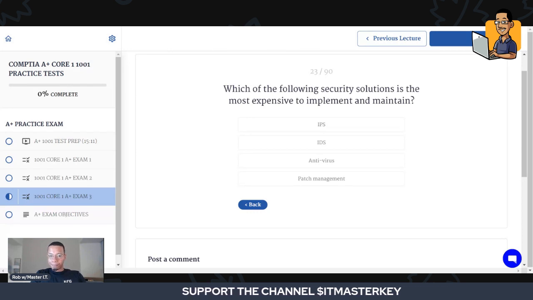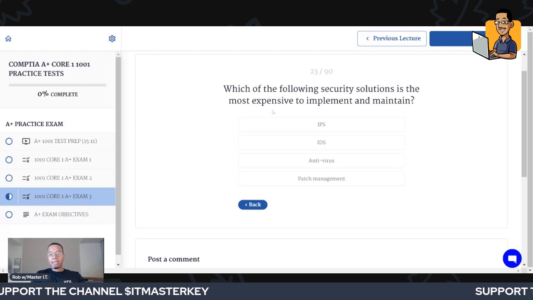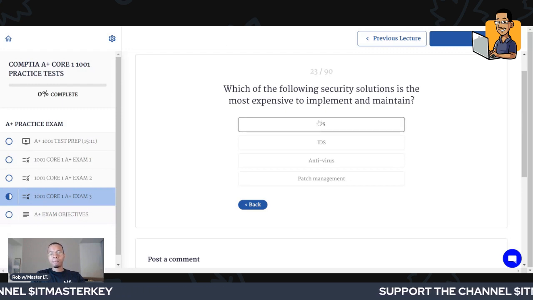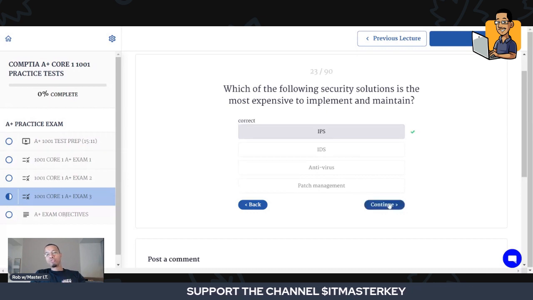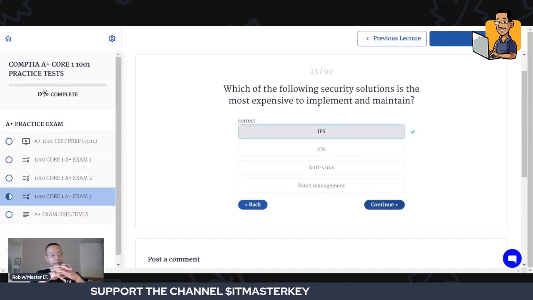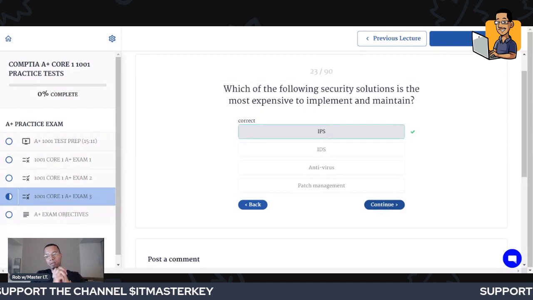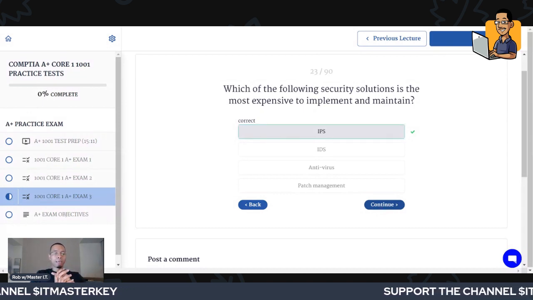Which of the following security solutions is the most expensive to implement and maintain? I would say it's going to be an IPS. IPS is intrusion prevention system or service. Then IDS is intrusion detection service. So IDS is kind of like